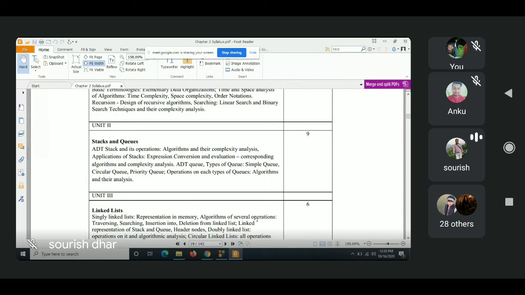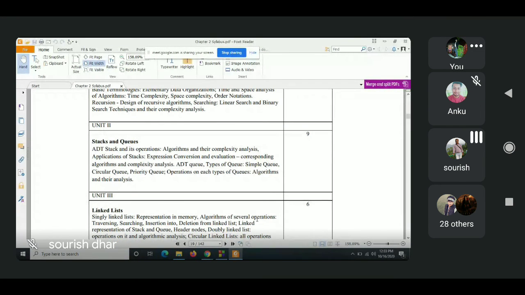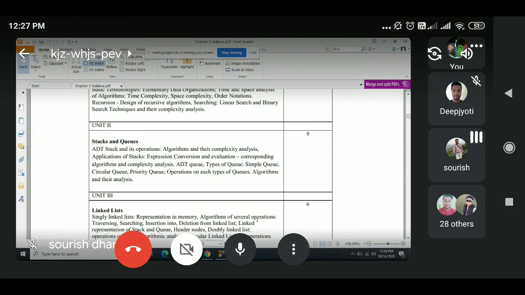So to be abreast with the linked list class, make sure you are thorough with your fundamentals. बात समझ में आ रही है मैंने क्या बोला? Yes, sir. अगर आपको लिंक लिस्ट सीखना है तो जितना भी मैंने अब तक जो भी क्लास पढ़ाया था, ध्यान से अच्छी तरीके से एक बार रिवाइज करो.